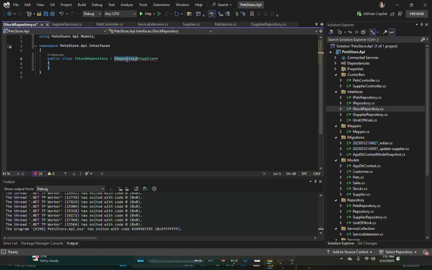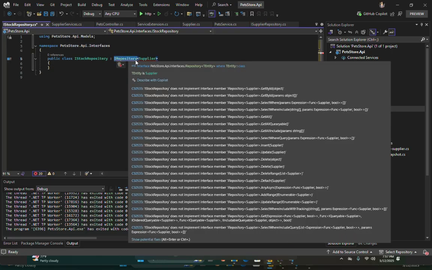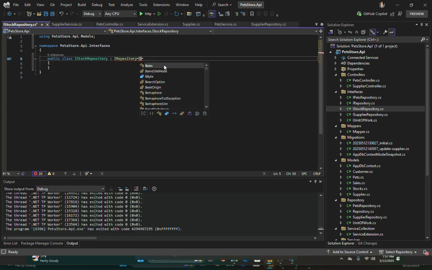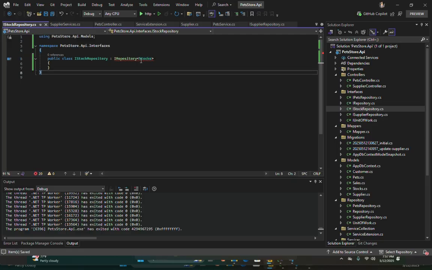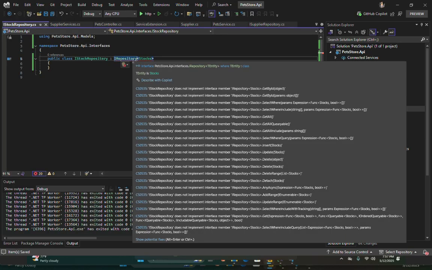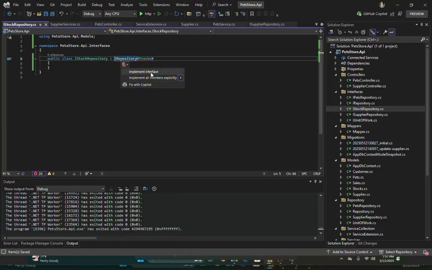This is the generic repository we all know. Here is the stock; we will send the stock model to this repository. So implement this, import this.